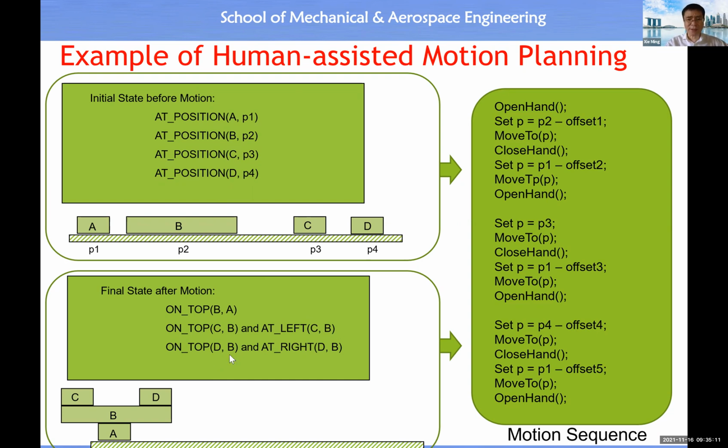Part D is on top of part B, and part D is on the right end of part B. So this describes the final state of assembly. This is the initial state of assembly. Then the human operator can help the robot to come up with this sequence of motion description in the form of